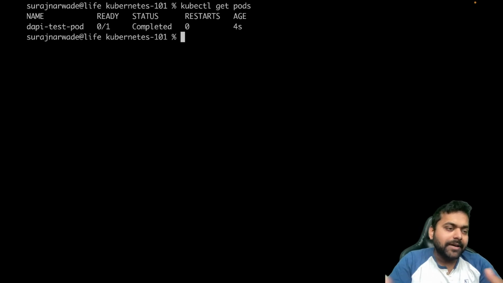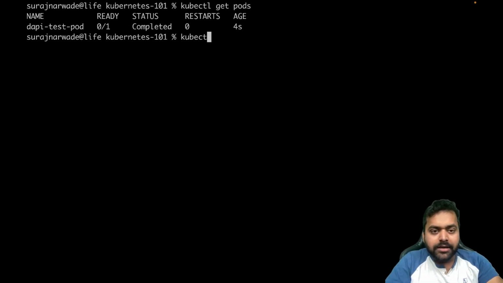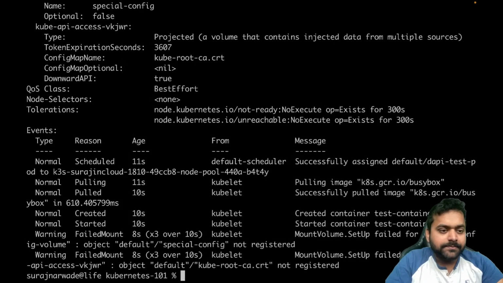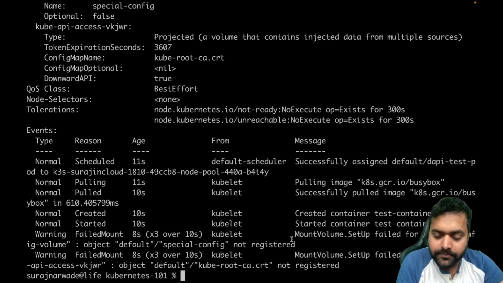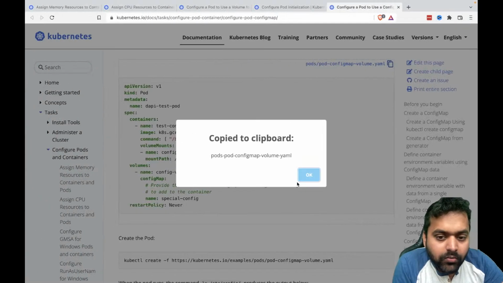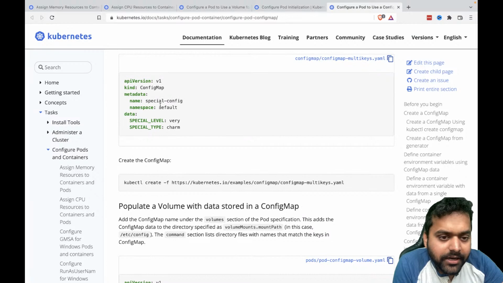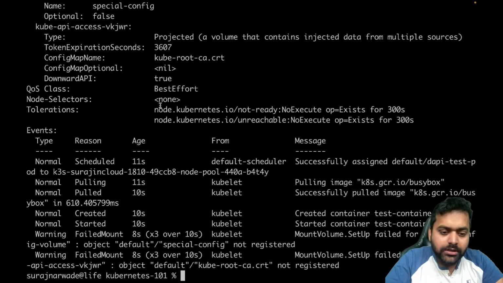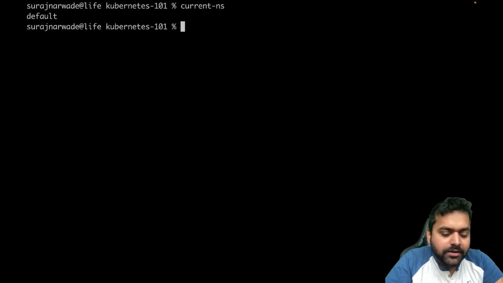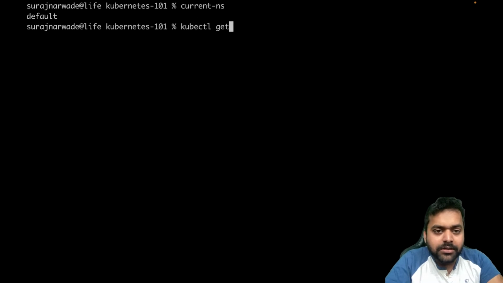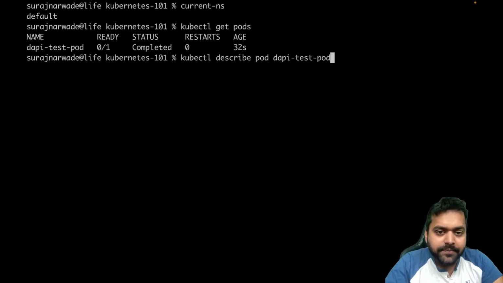Again the pod got completed, but if we describe the pod, was that config map supposed to be in the default namespace? Yes, and I'm in the default namespace as well. Anyway,